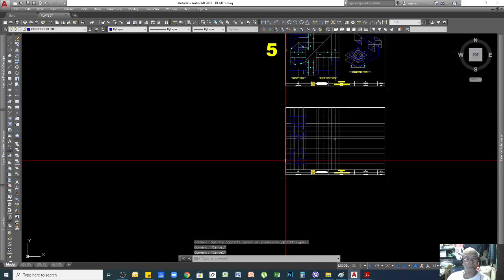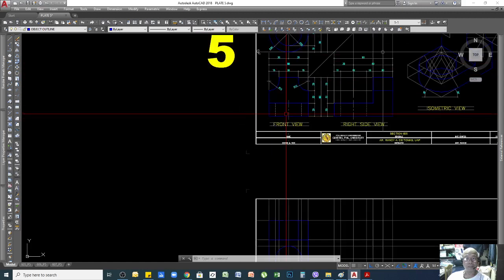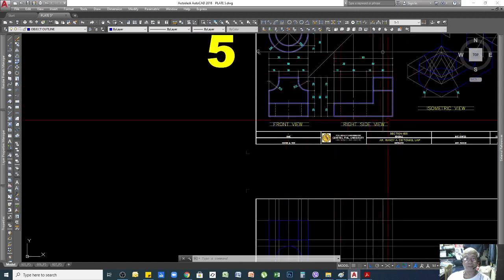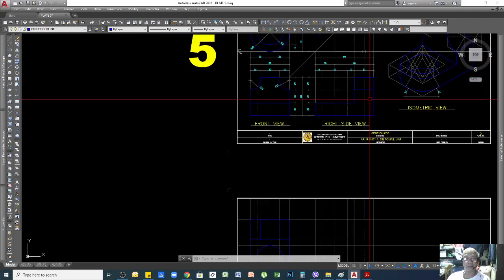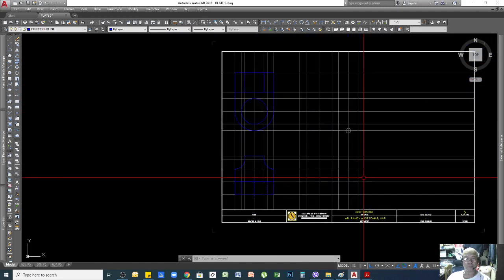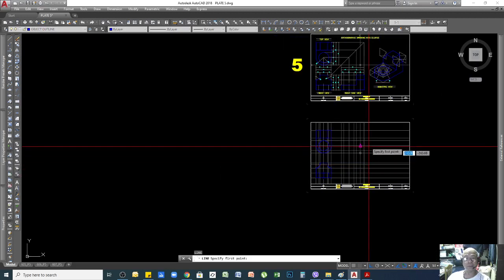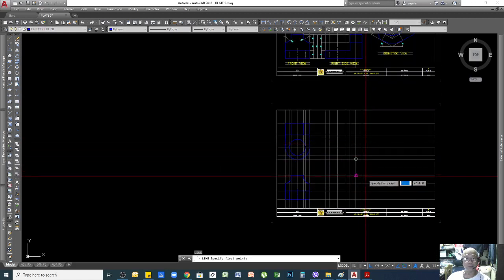Okay, so our front view is now complete. Let's go to this one. This one is very easy because it is composed of straight lines only. So all you need to do is use the line command.